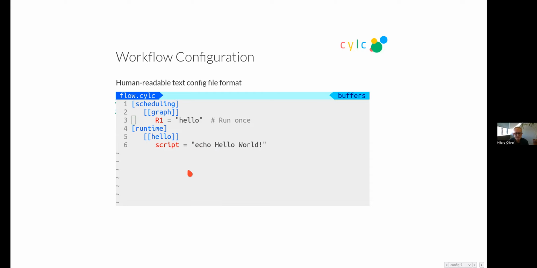But it has sensible defaults. So if I don't give it an environment, it'll get the default environment, and if I don't say how to run the job or where to run it, it's going to run this command as a background job on the scheduler host.